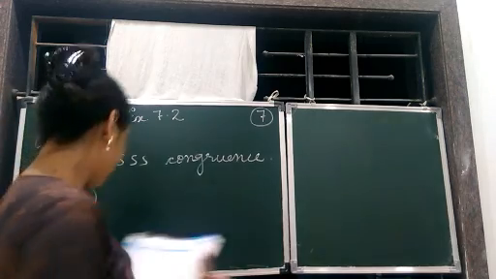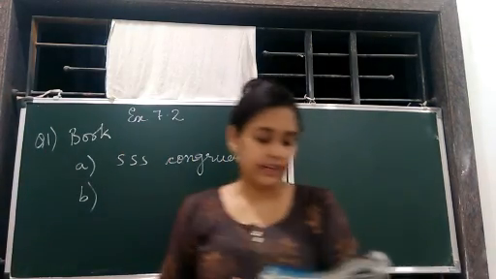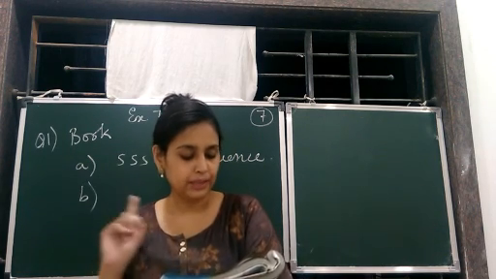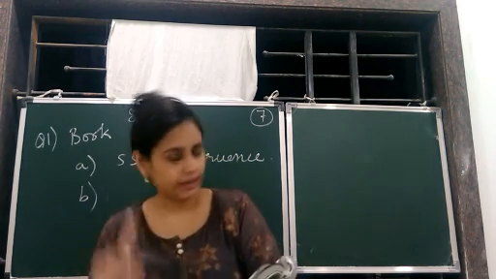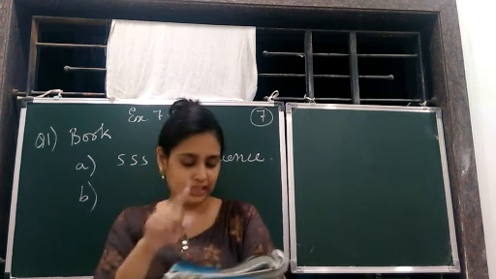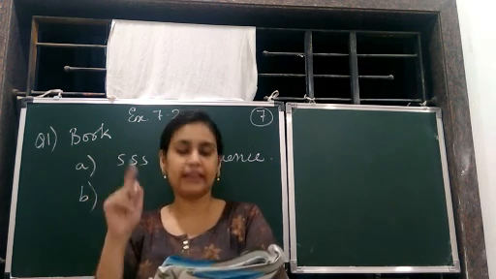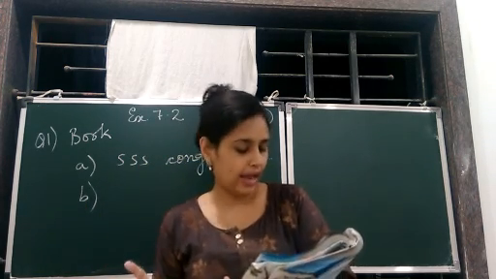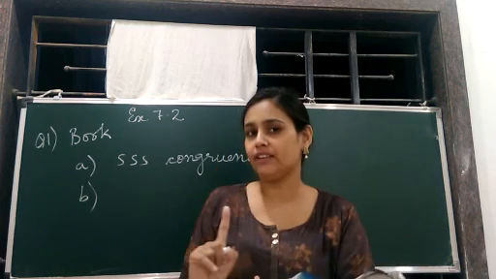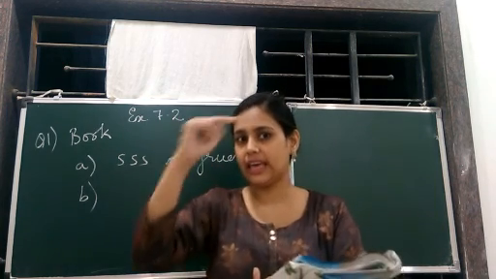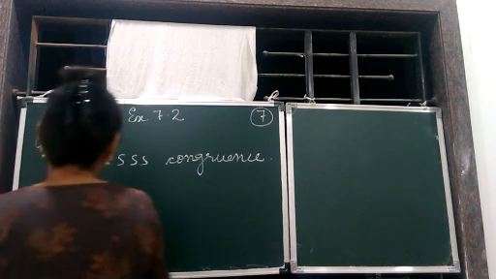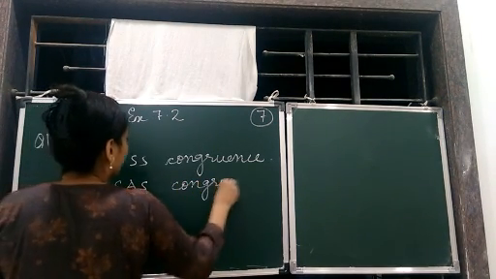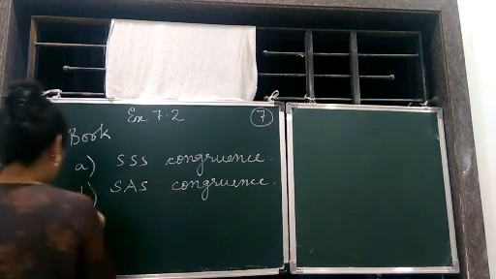Then let's go to B. Given ZX is equal to RP, it is a side, okay, because two alphabets are given, you can say. And RQ is equal to ZY, again it will be a side. Then it's an angle. Angle PRQ is equal to angle XZY. That means two sides and one angle, right? So it will be SAS congruency. Okay, this is how you can make out.